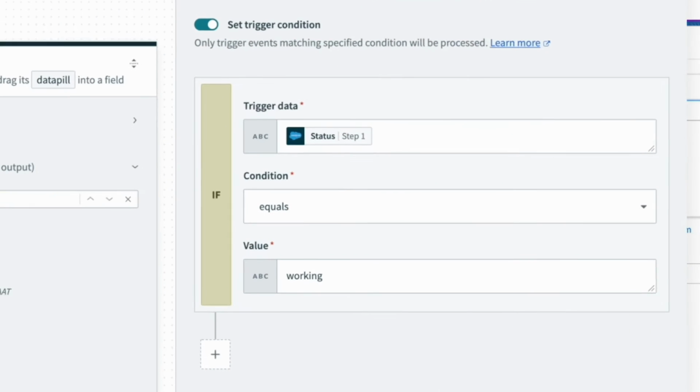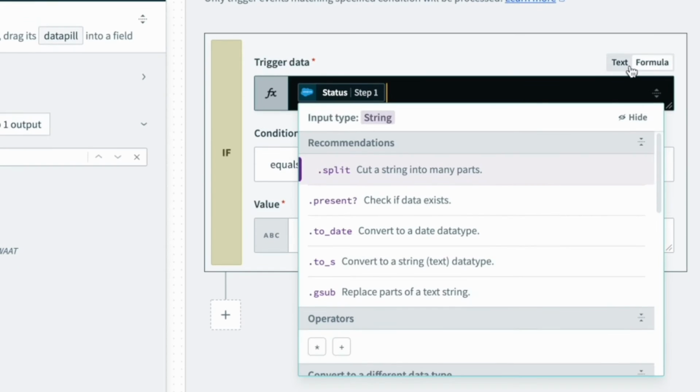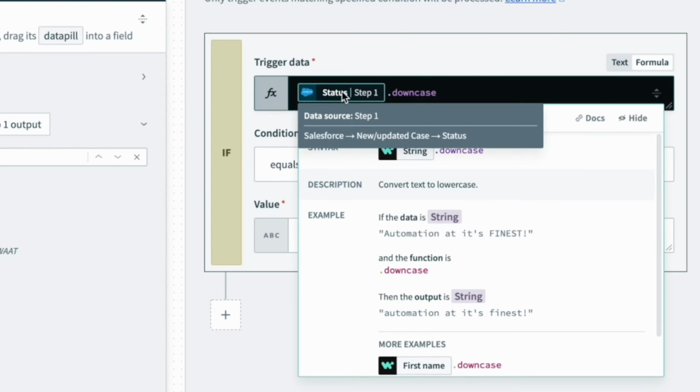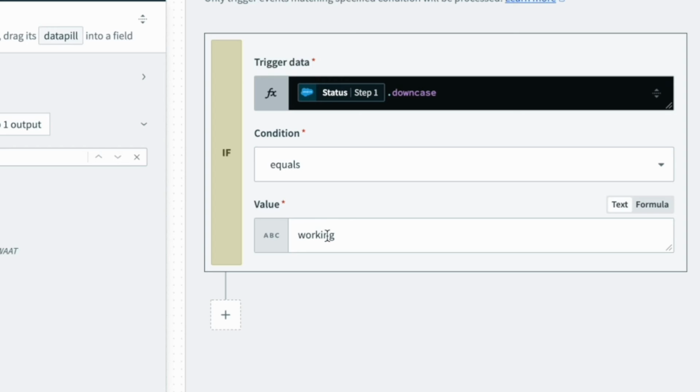One way I can fix that is to change the capitalization to working with a capital W, but a better way, or best practice, to combat this is to convert this into all lowercase. So I can toggle over to formula mode, and I can type in the formula period downcase. This will convert the status data pill into all lowercase letters. So now, whether the string is in multiple different types of capitalization or in a different format, it will be